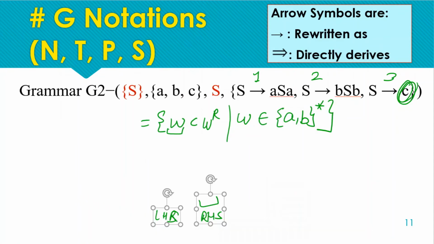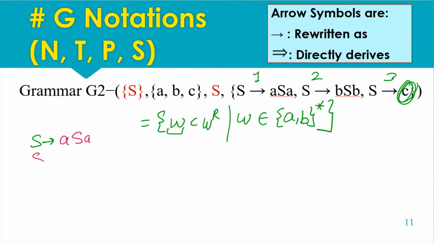And if we are having the production rules like S derives ASA, S derives BSB, and S terminated with A and B or null, then in this grammar we can derive any string of palindrome without having C or any third symbol as a middle symbol. So we can derive the string of even palindrome.